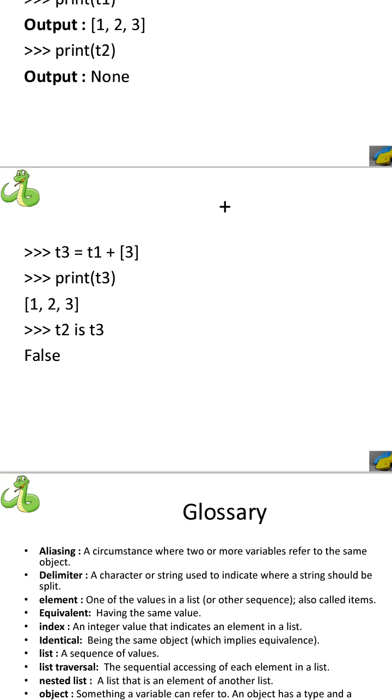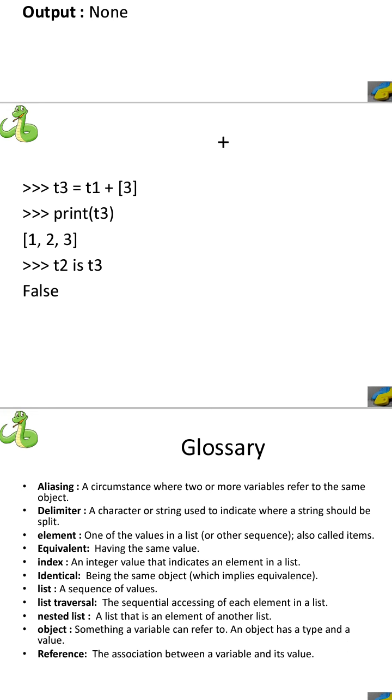And if you observe, here it is a typo error. If you compare T1 with T3 using the is operator, you will get False, because the contents of T1 and T3 are not the same. As I have stated, T1 has only 2 elements 1, 2, and now T3 has 3 elements 1, 2, 3. Hence, T1 is T3 returns False.